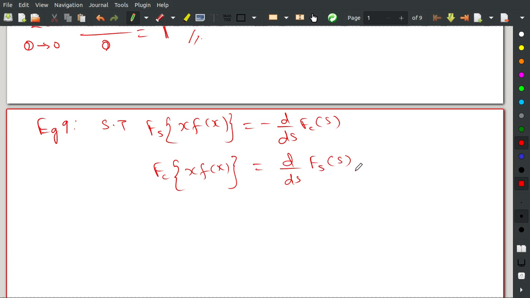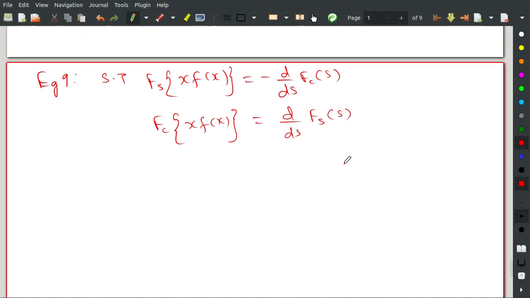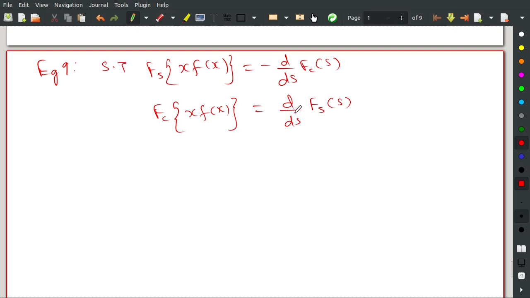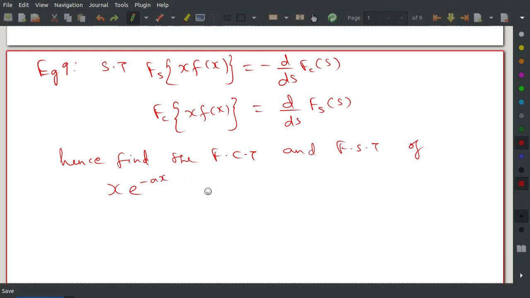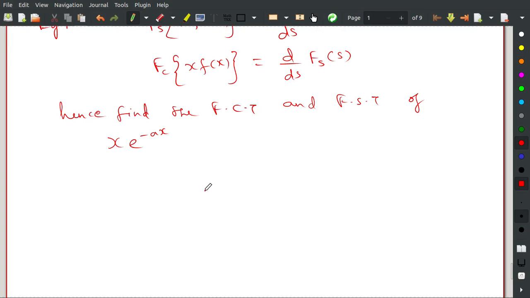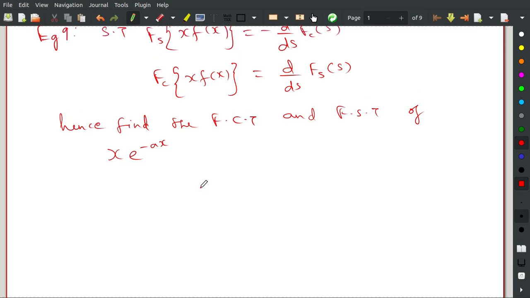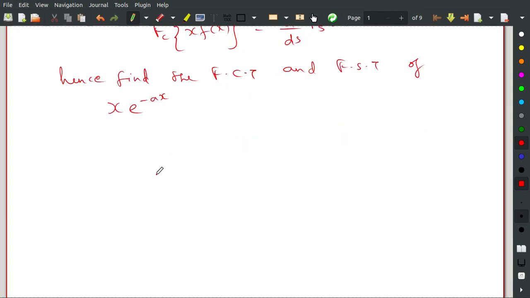Okay, so we have to prove this one, and using the results from this proof we have to find the Fourier cosine transform and Fourier sine transform of x e power minus ax. Okay, so let's try to find the Fourier sine transform of this function. Okay, so we know that